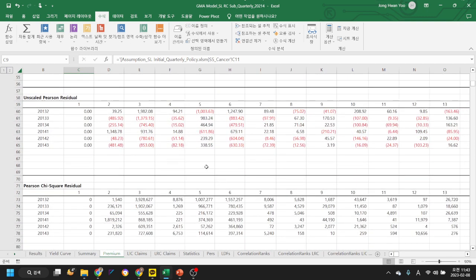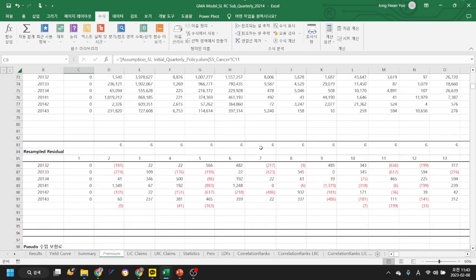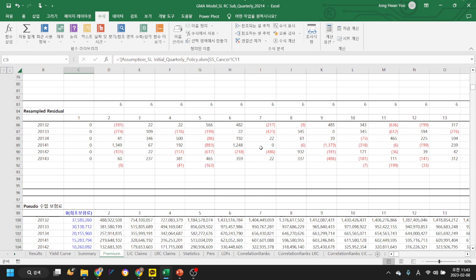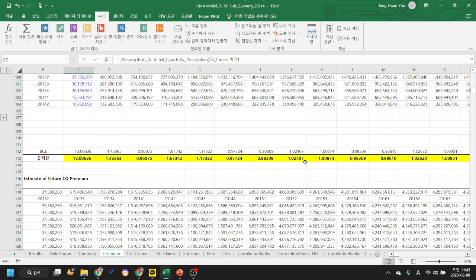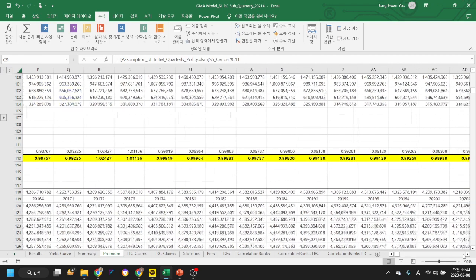And here, between the historical triangle and the fitted triangle, I have a residual. So I can make this residual very similar to IID, which is identically and independently distributed. And I apply bootstrapping to run 1,000 different times to have the residual. And out of 1,000, probably I can make the volume weighted average, which is an unbiased estimate of the persistency rate, and apply that to come up with 1,000 different future premiums received. Because you remember, I'm standing at the initial recognition. I'm trying to predict the future premiums received, and I need to display it on a future calendar basis to